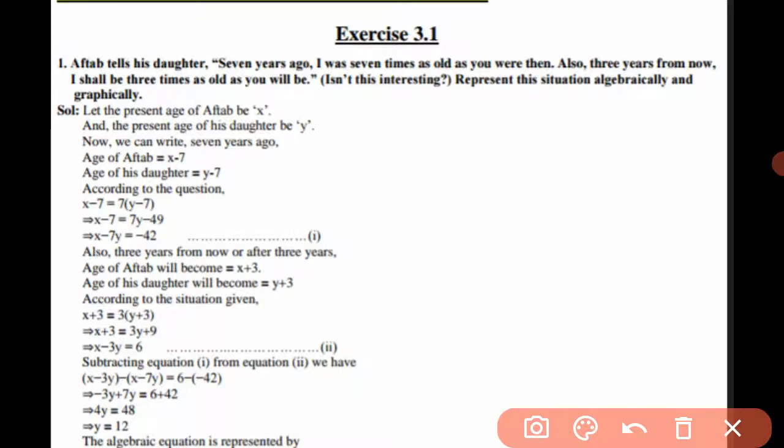So the equation becomes x plus 3 equals 3 into y plus 3, which becomes x plus 3 equals 3y plus 9. The second equation will be x minus 3y equals 6, and the first equation was x minus 7y equals minus 42. Now from these two equations